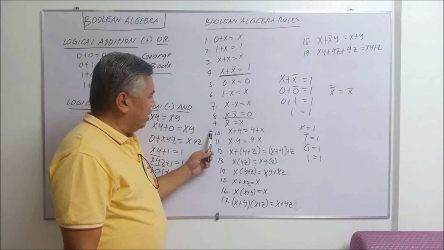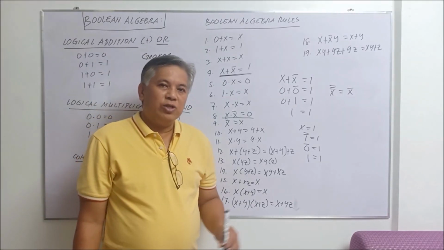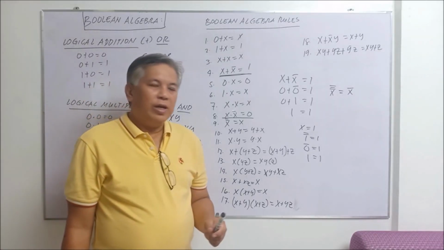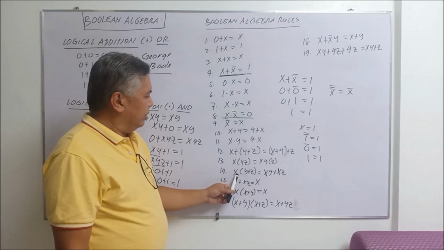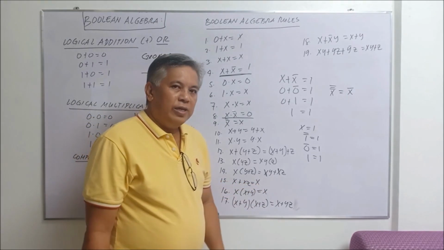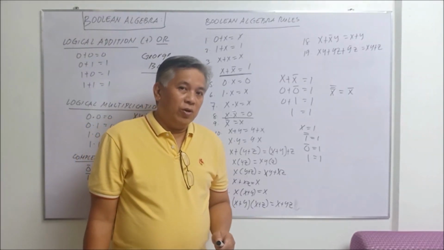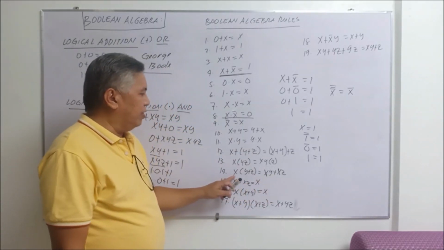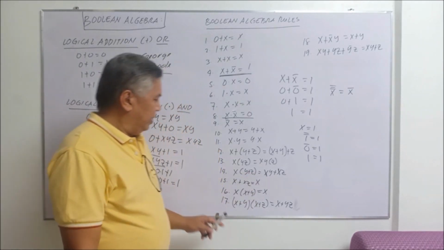So, these 10, 11, 12, 13, are very common laws, especially in our modern algebra. They carry over to Boolean algebra. Then, 14, x times y plus z is equal to xy plus xz. So that is, rule number 14 is distributive law. Okay? So the opposite of distributive is factoring. You factor out the common x, so you have y plus z.